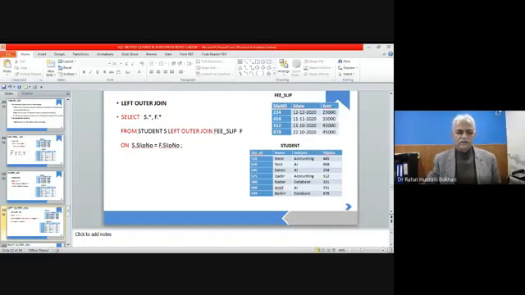Within the previous example you have written student s left outer join fee slip f on s slip equal to f slip number. So you are saying the slip number in the S table, S means student table, and the slip number in the fee slip table,